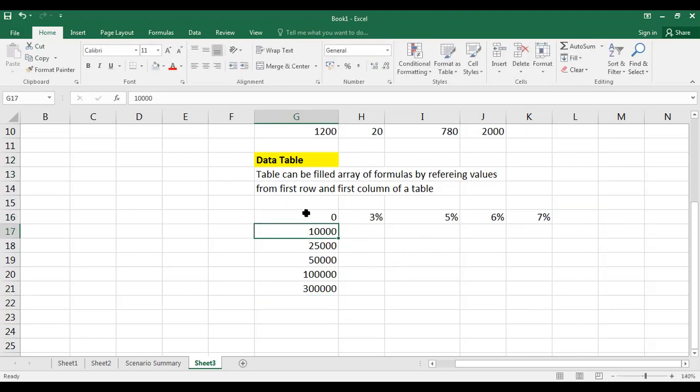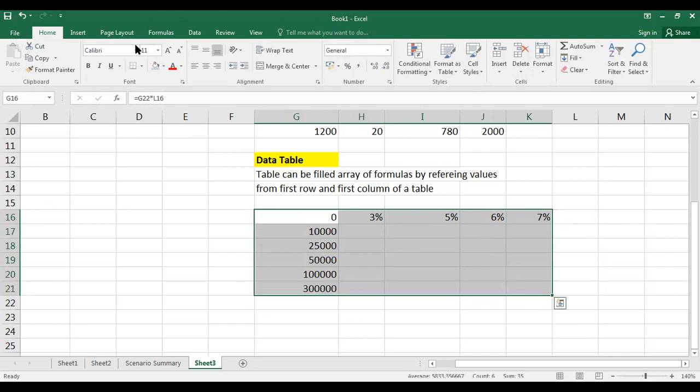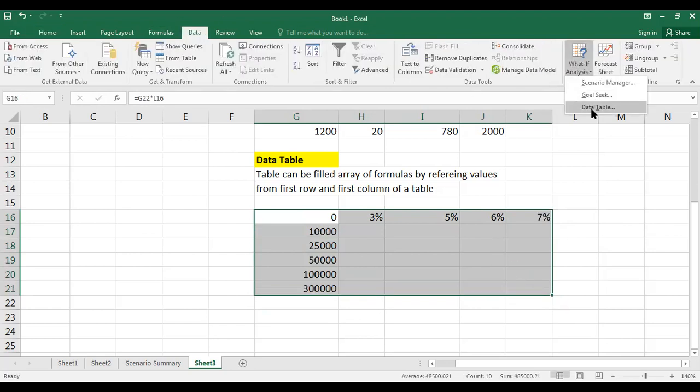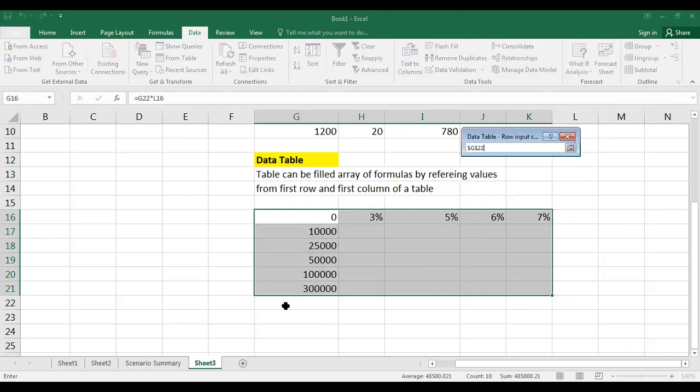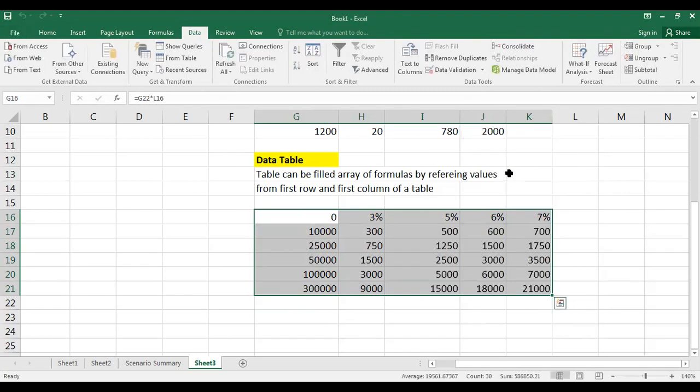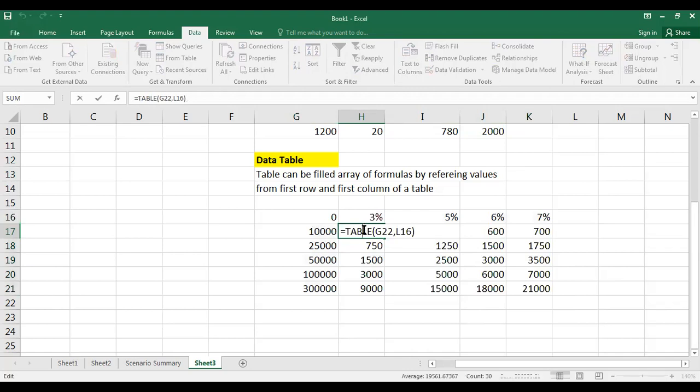After finishing all, just select your table, go to What-If Analysis, Data Table. For row input, you select the last row, and for column input, you select the last column. That's it. Now you can observe that it's not showing the actual formula; it's showing a table of cell referencing. You want to show the values, but you don't want to show the formula. Or if you fill one cell, it automatically has to fill the entire table.